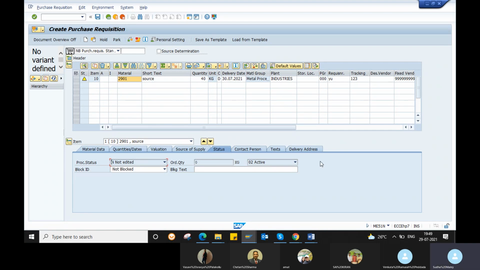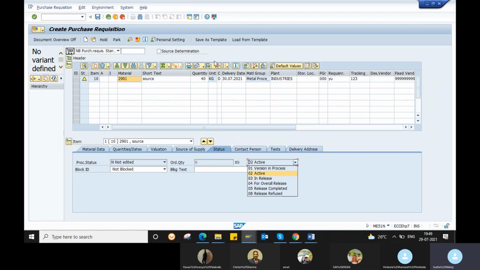Okay, and the next one is your release status. If you have a release strategy approval process for your purchase requisition, then you can see these release statuses. 02 means there is no release strategy. Here there is no release strategy tab for your item or header level, right? So in that case, the release status will be 02.